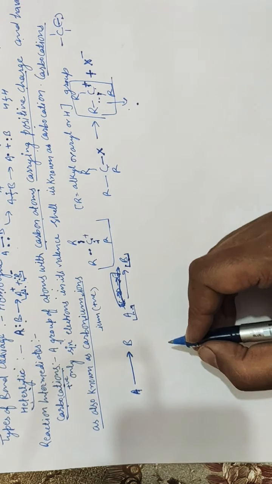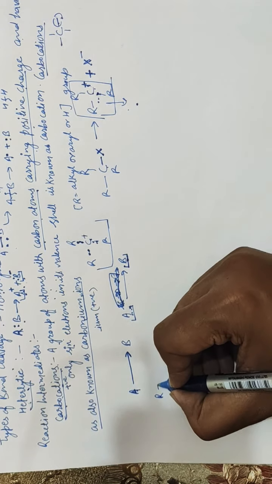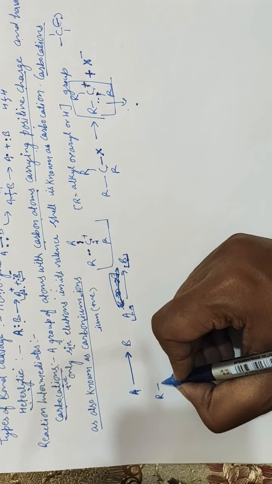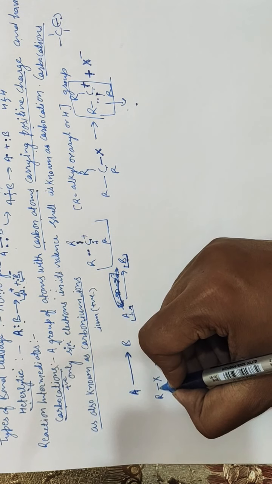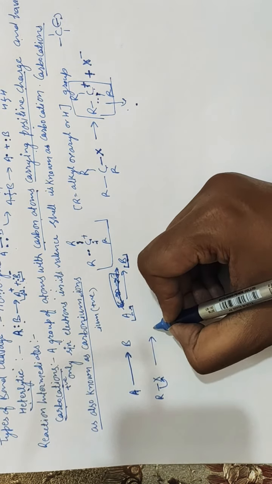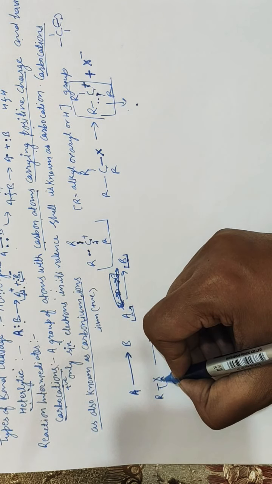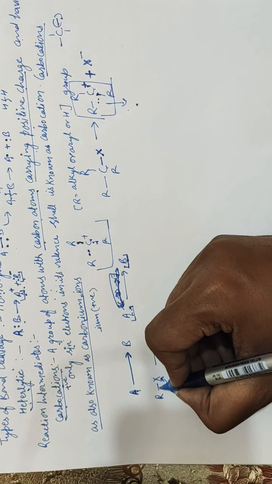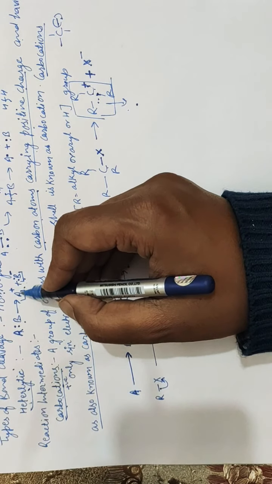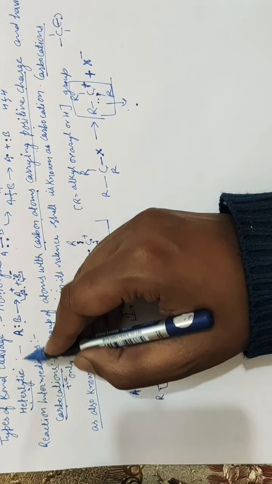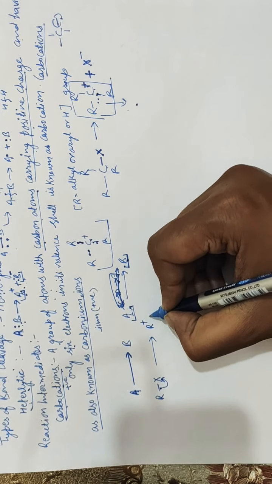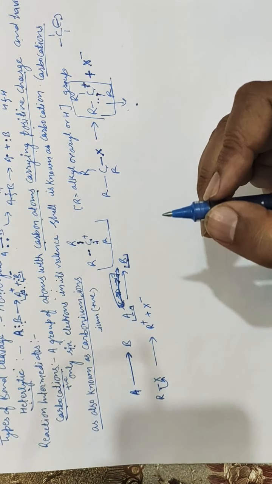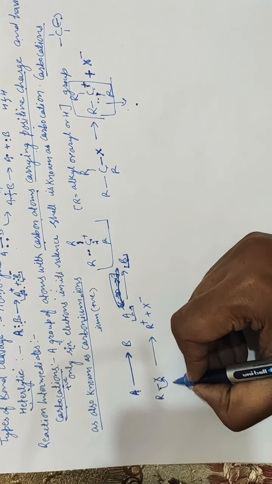Let me draw here again. Suppose this is a compound RX, which undergoes heterolysis, and heterolysis results in the movement of this electron pair onto the heteroatom. This is represented by this arrow. An arrow always represents the movement of electrons. I already told you that in heterolysis one atom goes with the electron pair, so here we get a positive charge plus a negative charge.